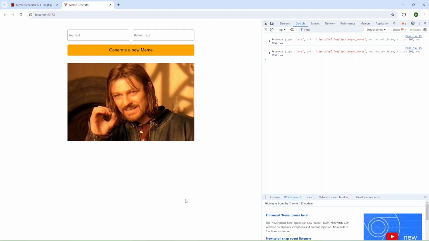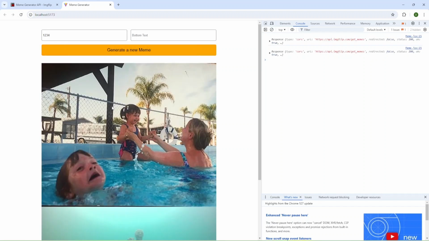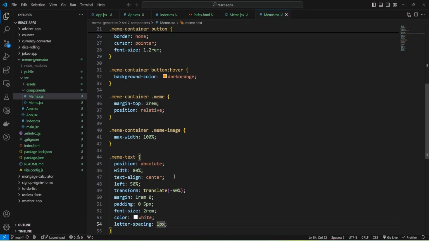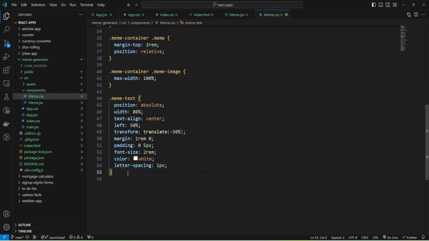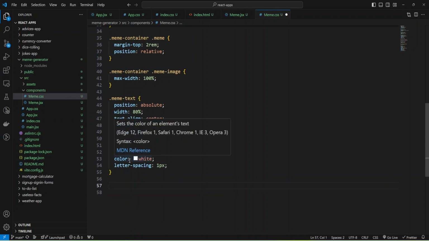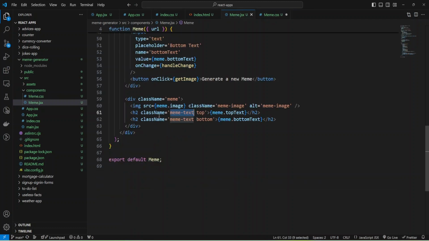Let's check what I have. I'm going to refresh and provide some text, and we don't have text because we need to add our top and bottom classes. Let me do it.